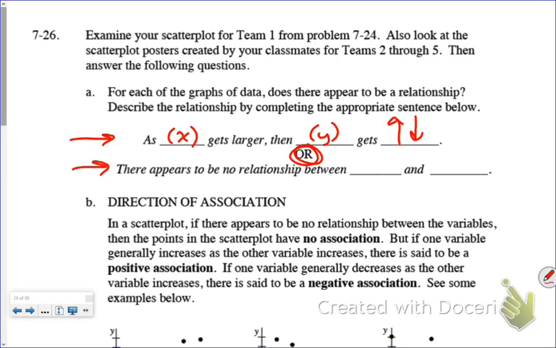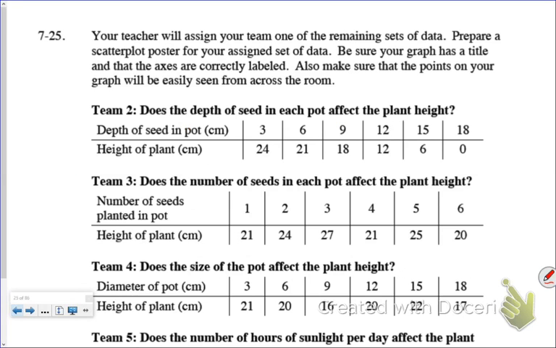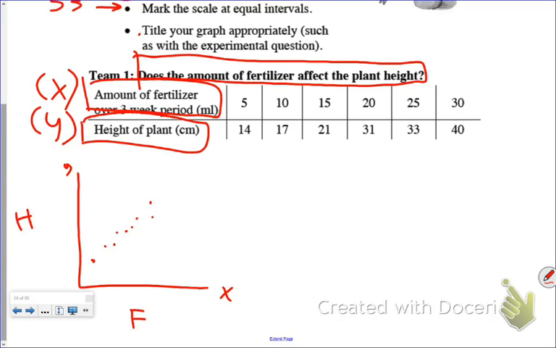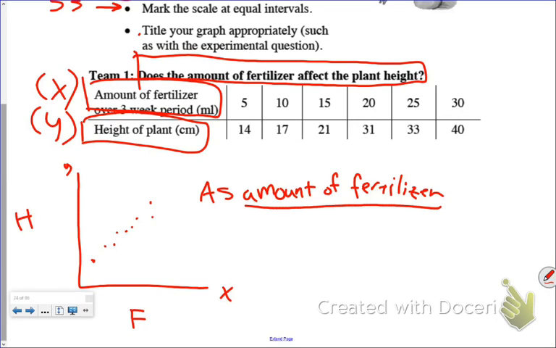So let's do this for graph 1. Graph 1 looks like this. Let's go back here. Here's graph 1, right? Does it look like there's a pattern here? Yeah. Okay, so it's going to be the first sentence. So as amount of fertilizer, write this down, as amount of fertilizer, and this was that line you're supposed to fill in, that was your X, as amount of fertilizer gets larger,